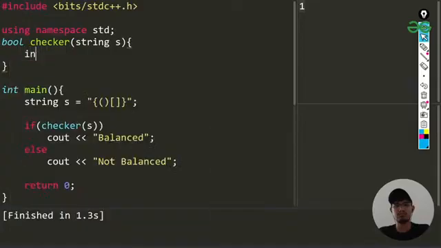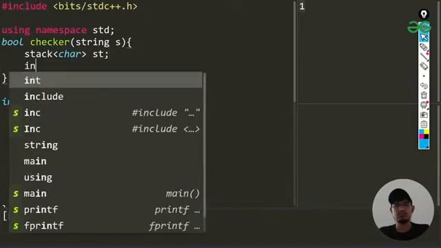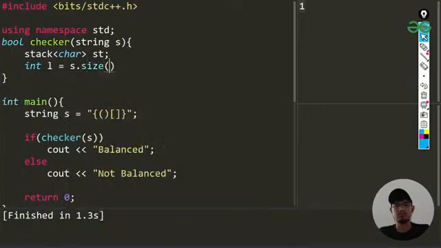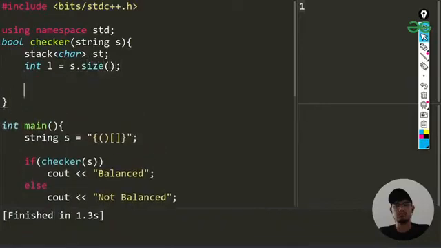I'll be making a stack here so that I can store, and this stack will be of characters, and I'll be calling that st. And second, I'll be finding the length, and s dot size is how I'm finding the length here. Now I am going to be iterating over this string and checking for the values.